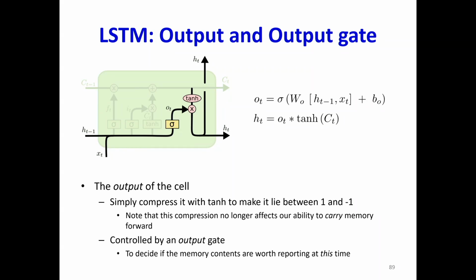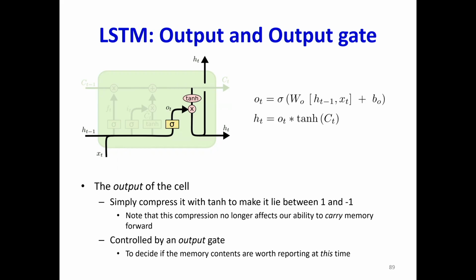And then here's the final bit. Now, because we are in the business of making the network complicated and throwing lots of gates, let's throw in yet another gate, because why not? And so this output is multiplied by what is called an output gate, which nominally determines whether what's in the nonlinearly transformed memory must be passed through as is, or whether it must be compressed or expanded.